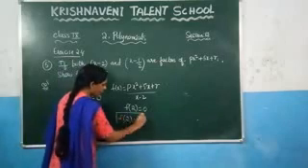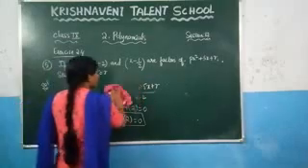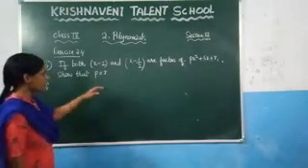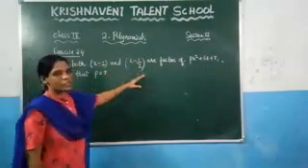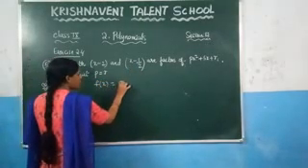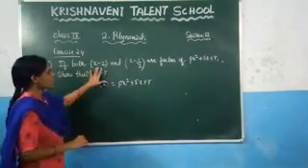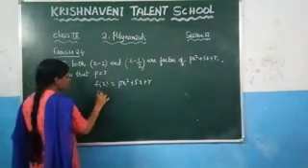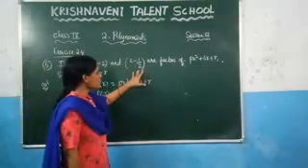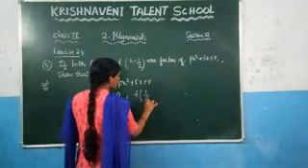This is given directly in the question. If you have the polynomial px square plus 5x plus r, and they said that x minus 2 is a factor of that polynomial, let us consider f of x is equal to px square plus 5x plus r. Since x minus 2 is a factor, we can state directly f of 2 is equal to 0. Similarly, they said x minus 1/2 is also a factor, so again we can say f of 1/2 is equal to 0.